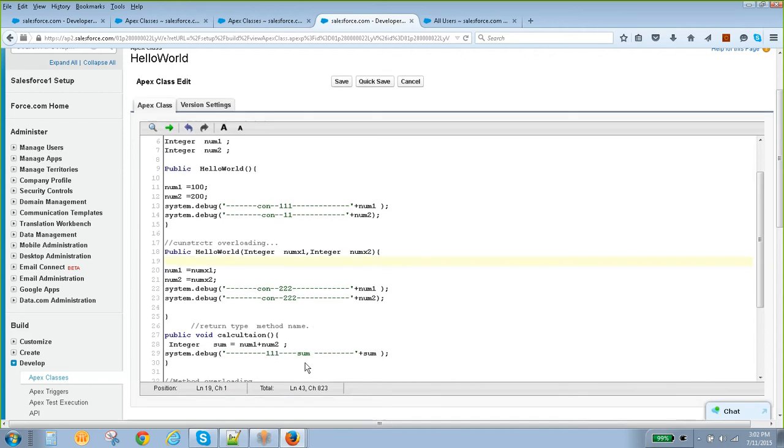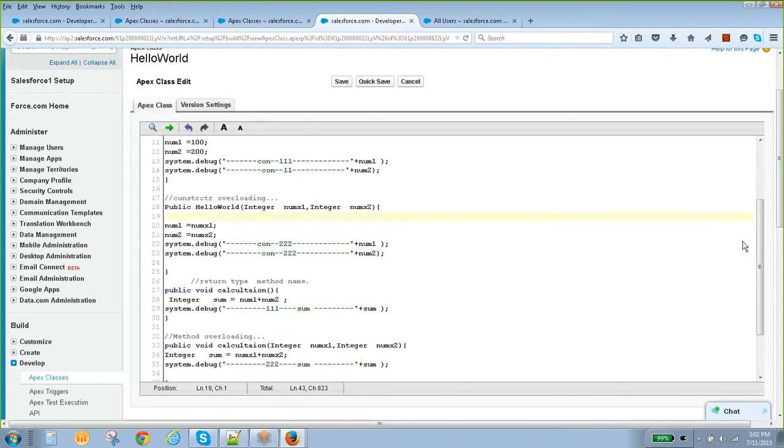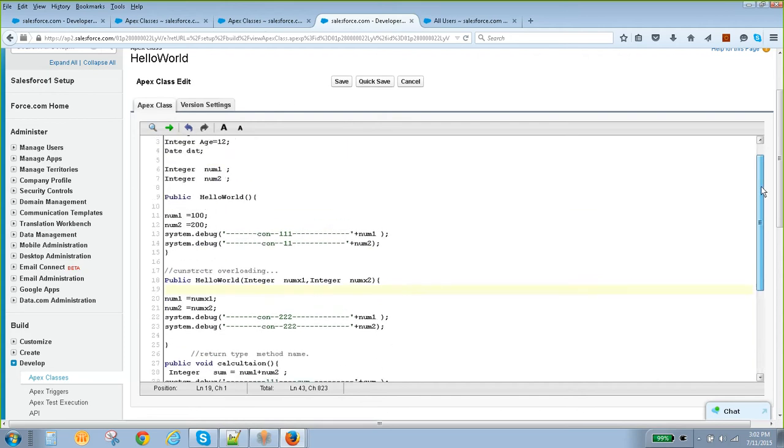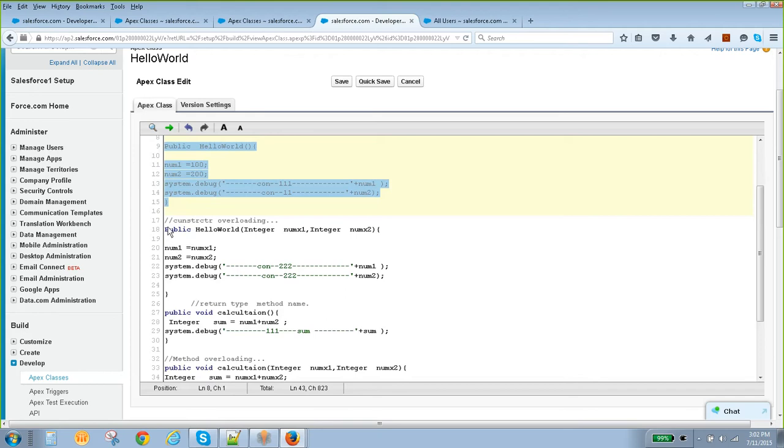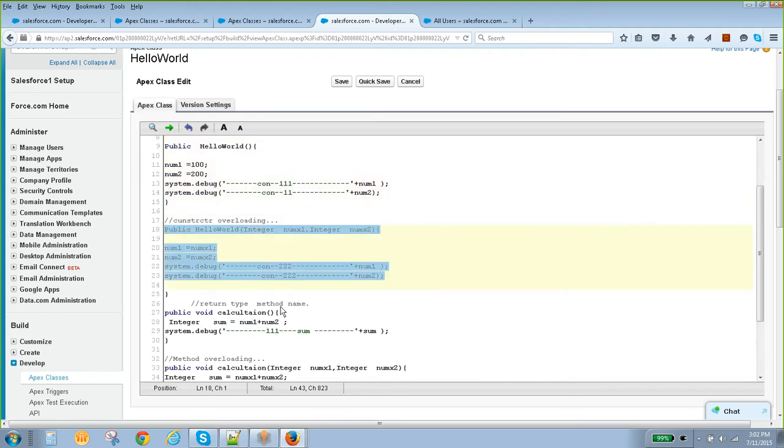Any question? No? So this is a basic concept of how to create a class, how to write a method, what is method overloading, what is a constructor, what is constructor overloading, how to invoke a different constructor, how to invoke different methods, how to create an object, and what are the access specifiers.